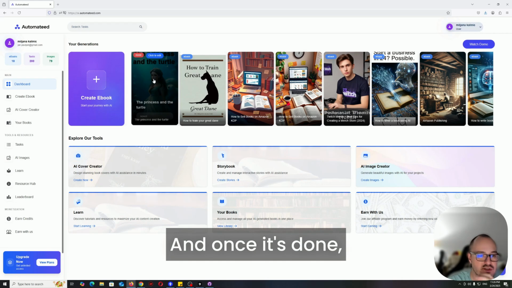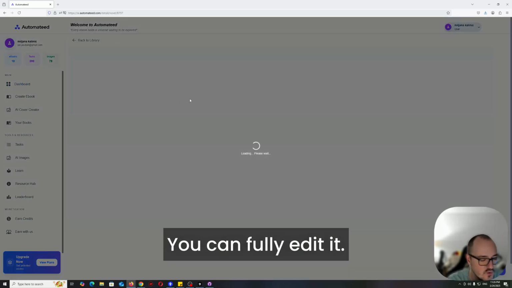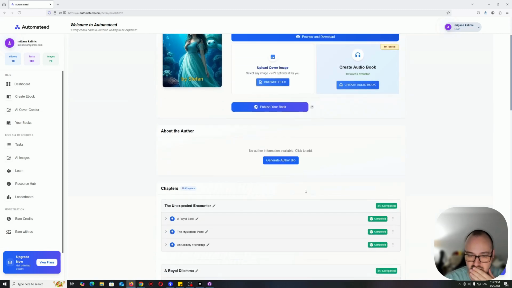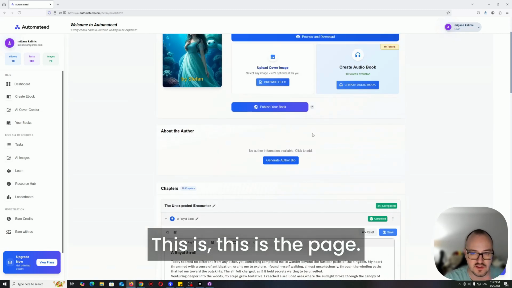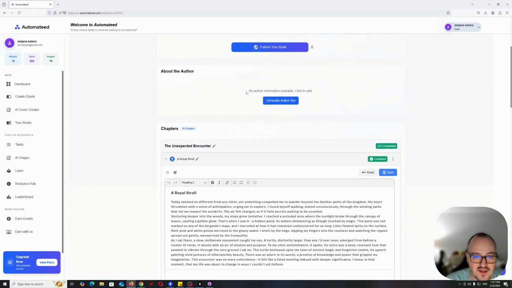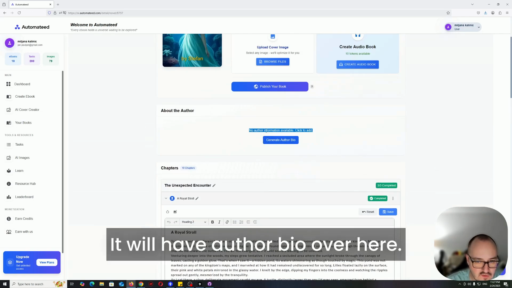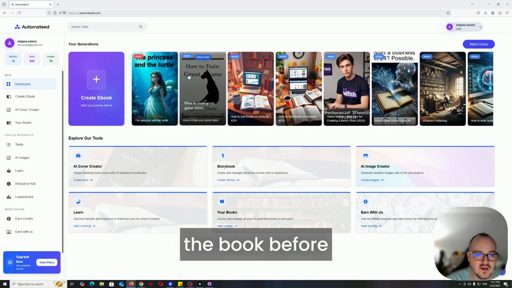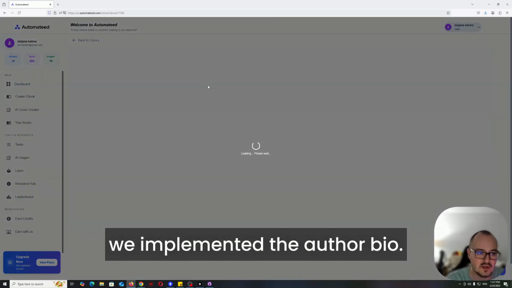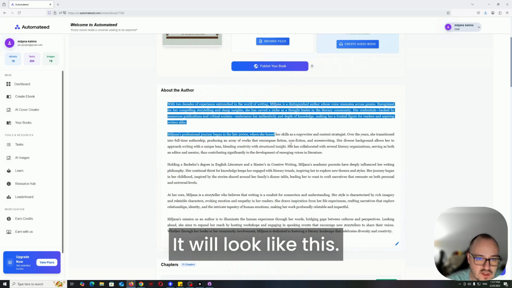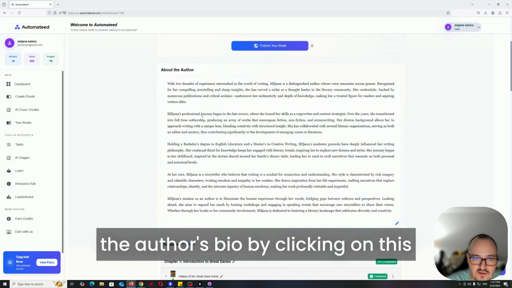And once it's done, you can click on it. You can fully edit it. You can use AI to edit it. Let me find, this is the page. So we'll go through all of these buttons, features. This is the page. It will have the author bio over here. It's just that we created the book before we implemented the author bio. So this is the new one that I generated for this purpose. It will look like this. You will be able to edit the author's bio by clicking on this button